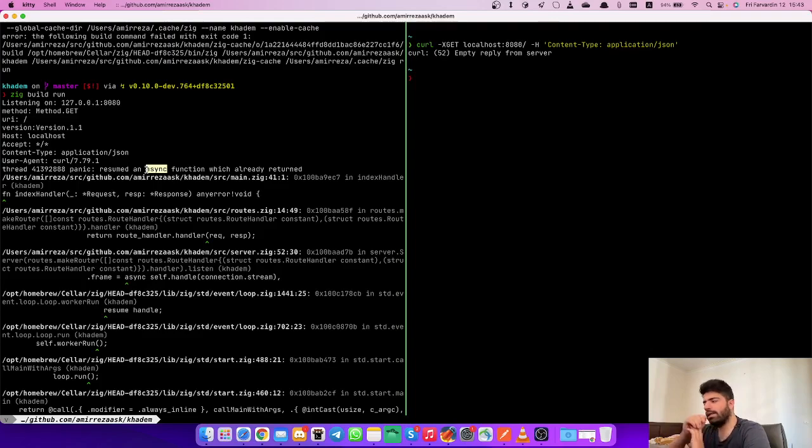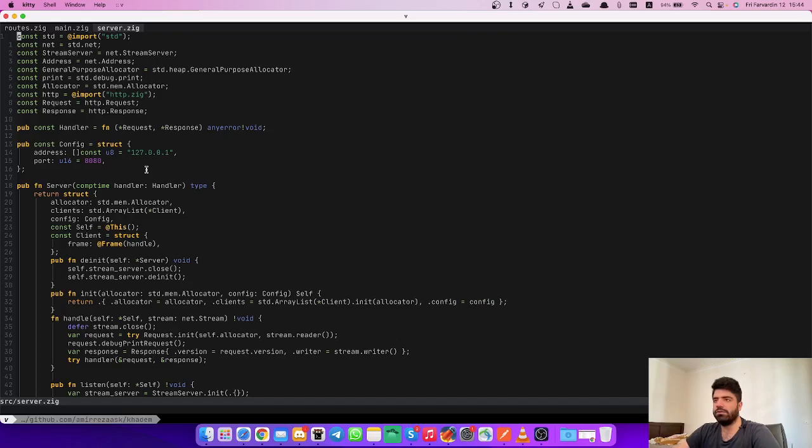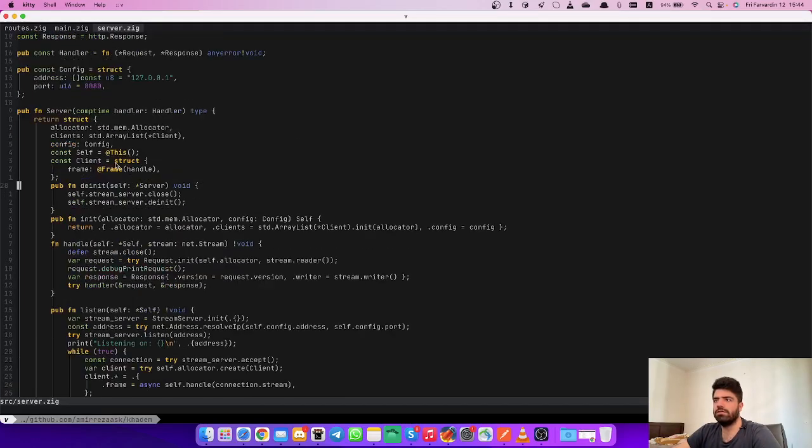So what fixed this problem back then was that our internal server code should be completely comptime. The size of the memory that our server code needs should be something the compiler should be able to figure out. Because of this, if we take a look at our server, there's this frame. Where is the frame? Okay, so this frame